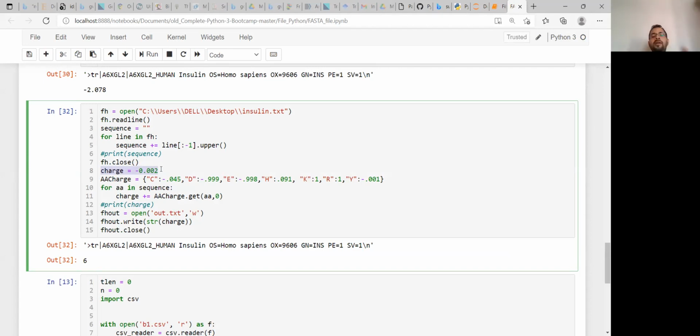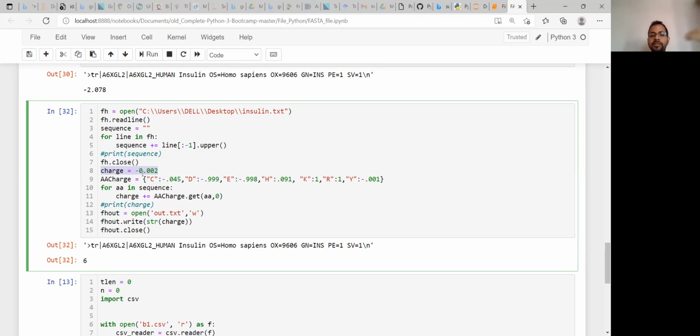So this is the basic charge of that particular protein. This value is already given to you. Whenever you are trying to add something with the previous value, if something is not there, you need to use some variable with 0, that is the counter. So it is like a counter.